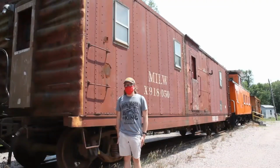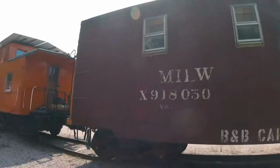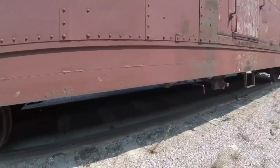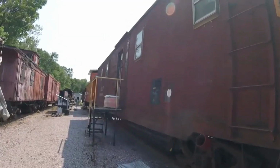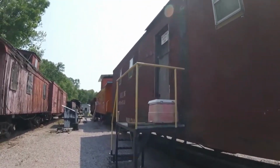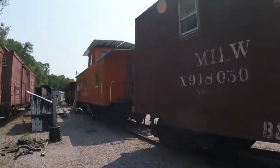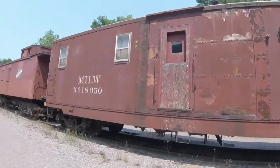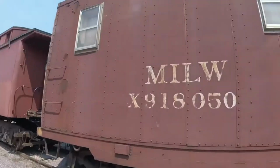What you see right behind me is Chicago, Milwaukee, and St. Paul X 918-050. Chicago, Milwaukee, and St. Paul X 918-050 was built between 1958 and 1963 and is a bunk car. Originally, it was built as a steel boxcar, and its original number is unknown, and it had been used to carry cargo such as boxes, crates, and other different kinds of loads it may have hauled years ago